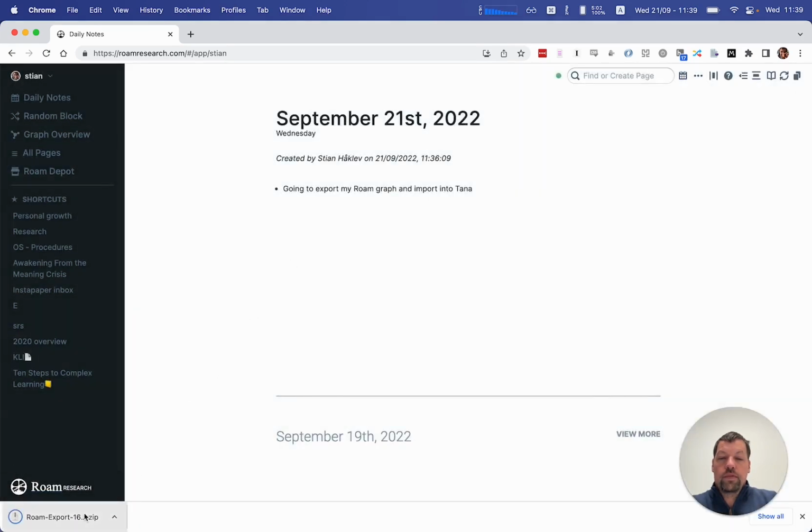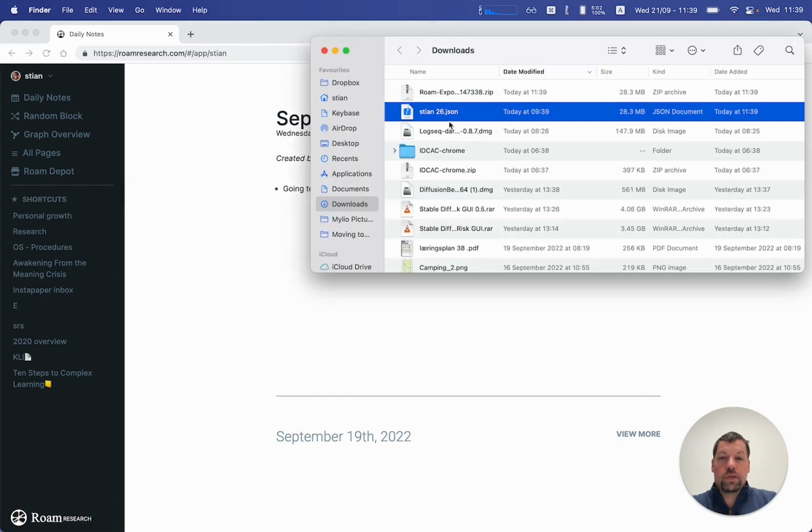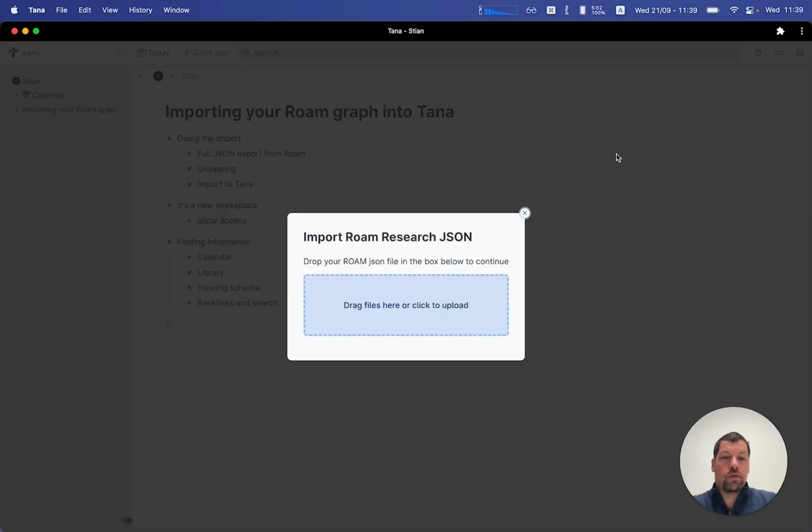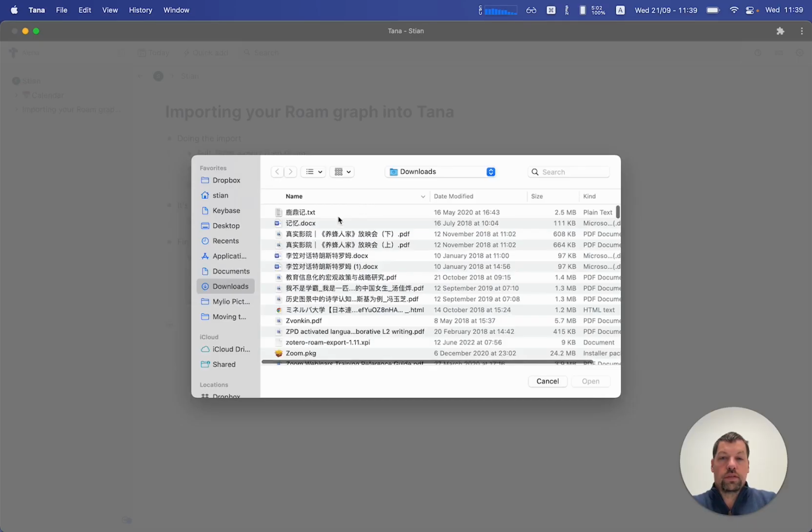And we get a zip file, and it's important that we unzip that file. On my Mac, I can just click on it, and we see that it extracted a JSON. On your system, you might have to do something else. Going back to Tana, I'm going to go to the gear icon, import content, Roam, and then we're just going to select the file that I just